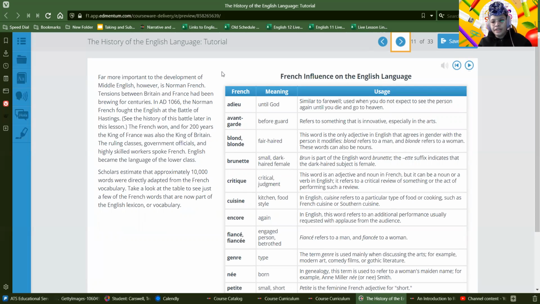So now we get this big section on the French influence in the English language. Even though Scandinavians started the trend moving the language towards Middle English, French is a really huge influence on English. And I'm sure you know there are lots of French words that we use and borrow even today. So basically, the French king